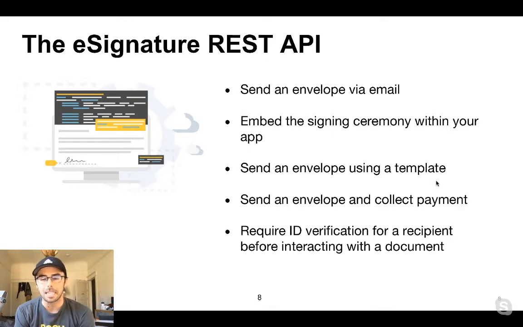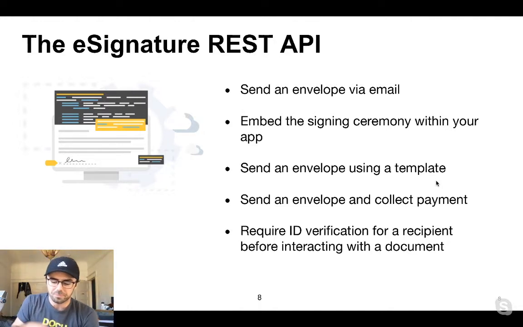You can require ID verification for one of your recipients before they're allowed to interact with an envelope. This is one of a couple different recipient authentication types that you can tack onto your envelope. So what IDV actually means is that me as a recipient, I'll actually have to scan a picture of my government-issued ID or passport, and only then we'll use some machine learning models, algorithms to ensure that you are exactly who you say you are, and only then will you be allowed to access that envelope, which is a really cool feature.